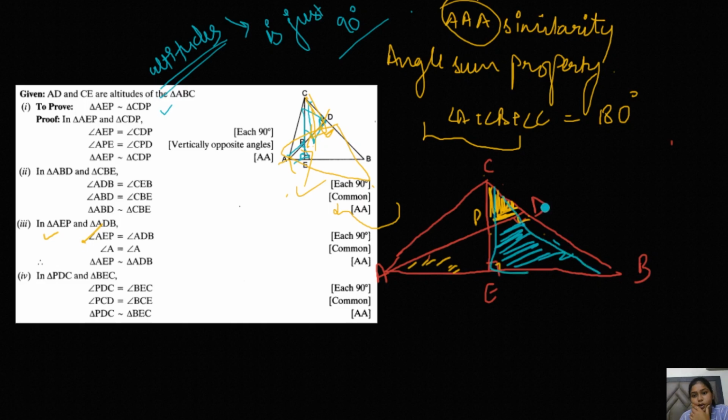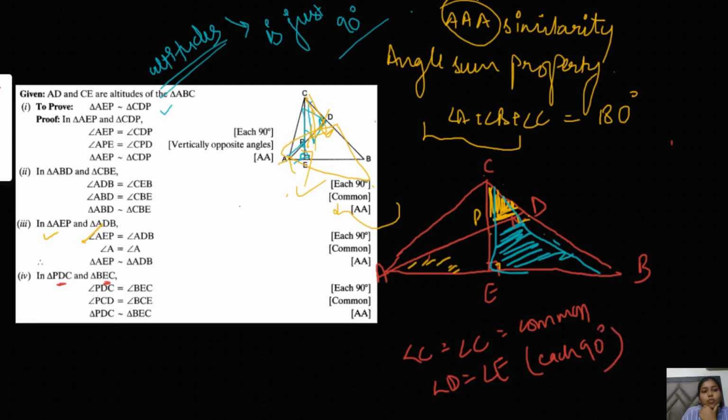Now you will be easily getting it that in PDC and in BEC, C is common in both the cases. Now you can see here D and E must be equal, so D and D, both of them are 90 degree. If you want to make it easier, just look at the name in the question and you will find out that P will be equal to B. Okay, now you have to prove that P is equal to B. You will just get a certain idea of what will be equal to what angle, and then you can find out how that is equal.